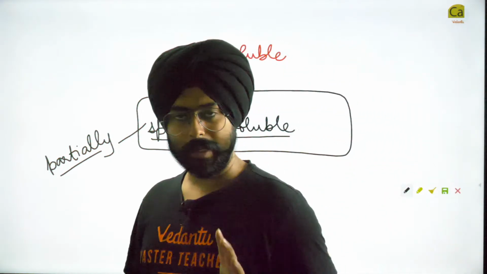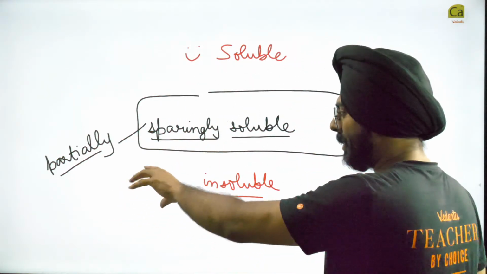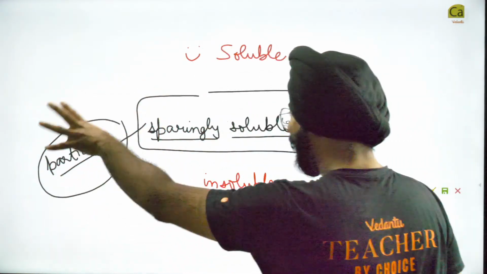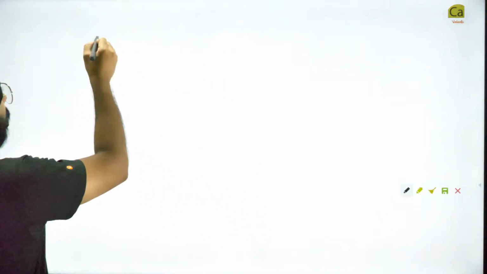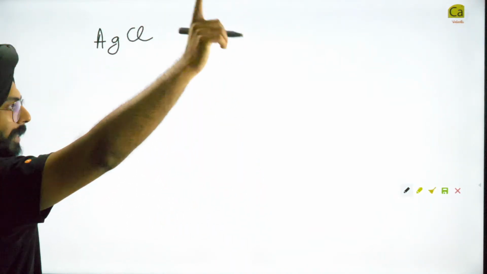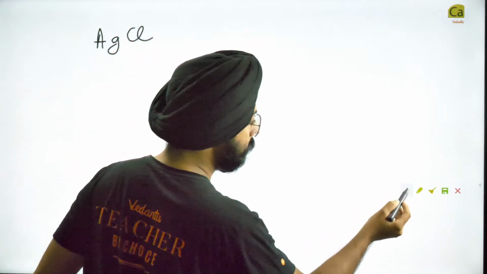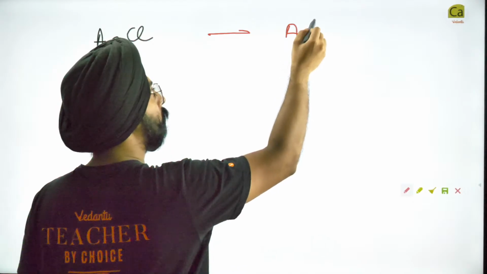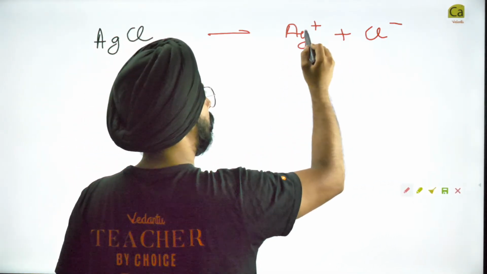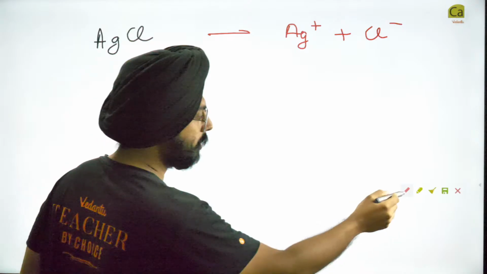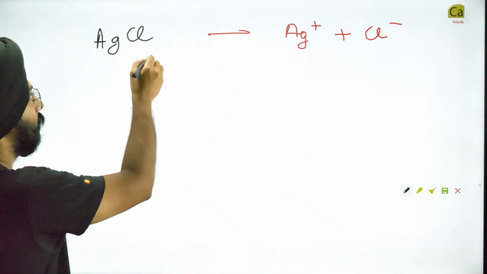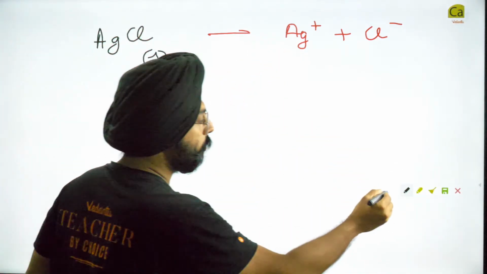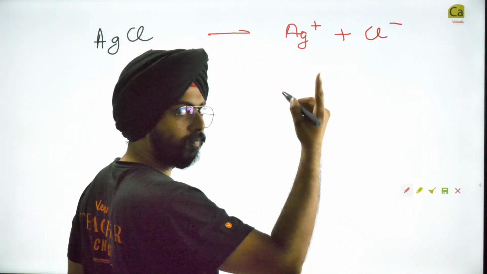Fine. Sparingly soluble salts are salts that are partially soluble. So let us again take the example that I just told you, and that is AgCl. Now I'm not going to look at the chat box, let's focus on the class. AgCl, sparingly soluble salt. What happens when you dissolve it in water is that it forms Ag positive plus Cl negative. Now AgCl, as you would of course understand, is solid, and Ag positive and Cl negative would be aqueous.